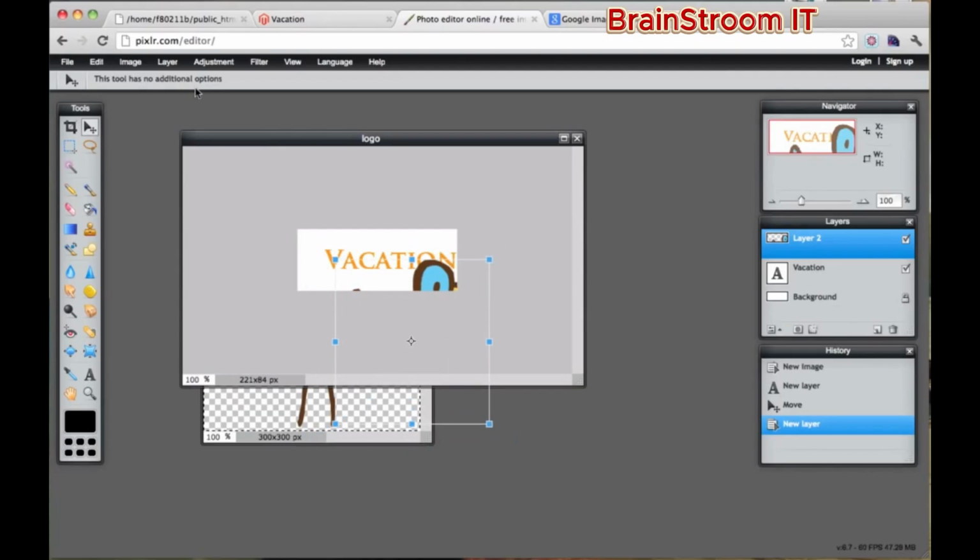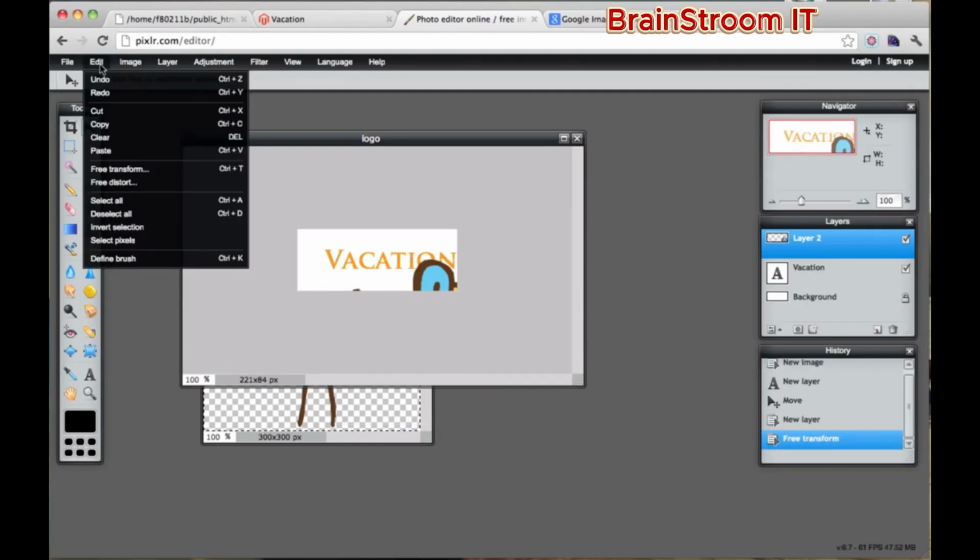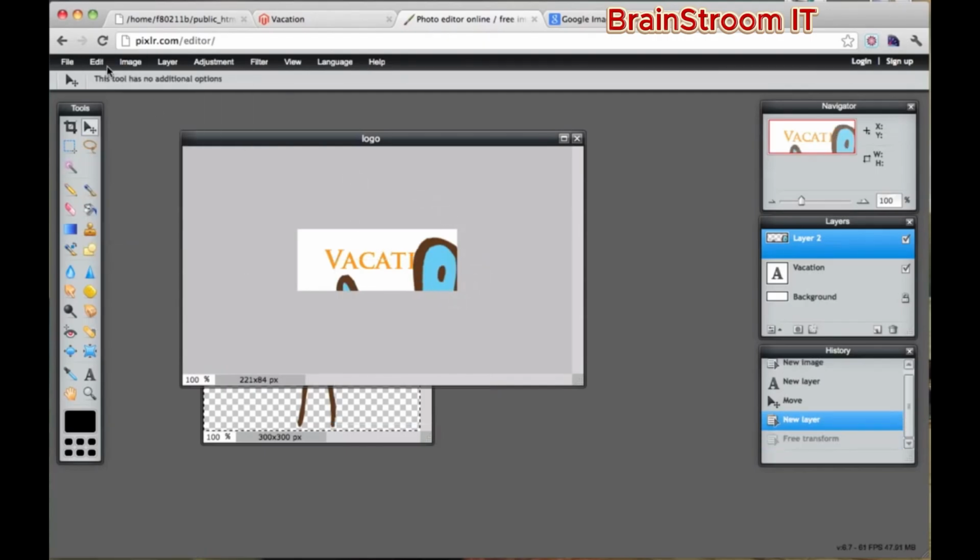So I'm actually gonna undo that and click Free Transform and hold Shift correctly this time, and it scales correctly. Alright, now that the bird is in there,